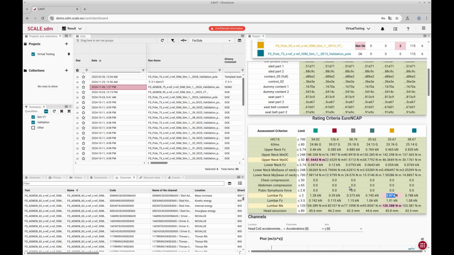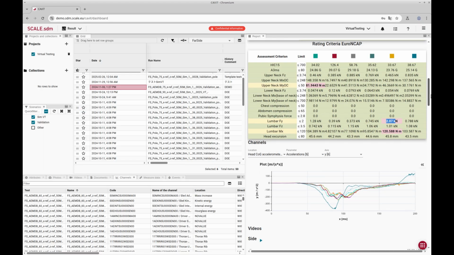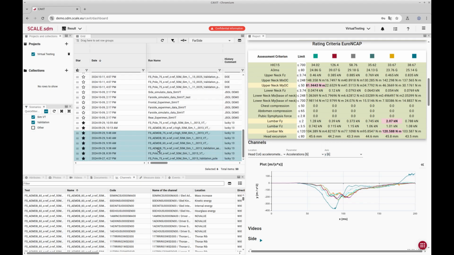Or in this case, the engineer will probably want to check the curves that these values are calculated from. That's why the following block contains a three-level navigation through the channels available for the selected results.